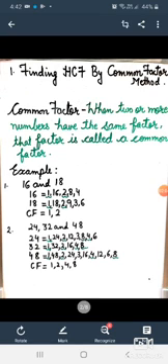Let us understand second example. Here the given numbers are 24, 32 and 48. First of all, we will write the factors of 24. We will write 1 and 24, 1 and number itself. Then we will check with which numbers 24 is fully divisible. 24 is fully divisible by 2, 12, 3, 8, 4 and 6. So these are the factors of 24.